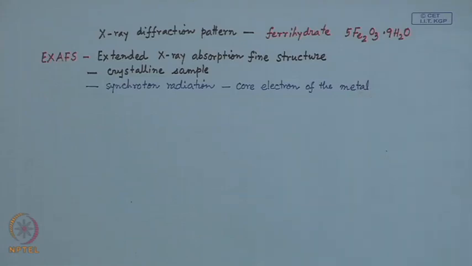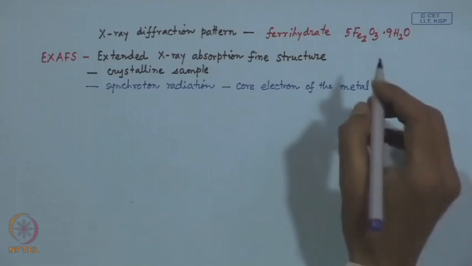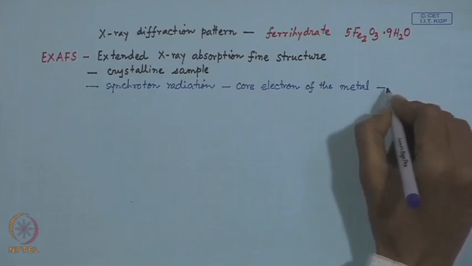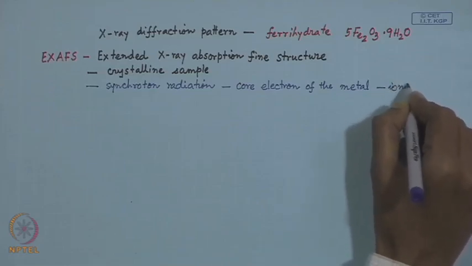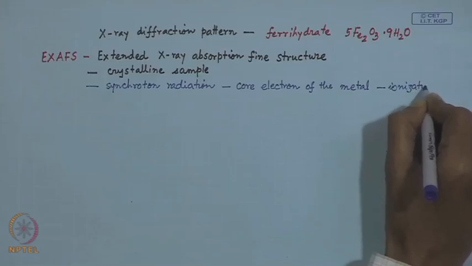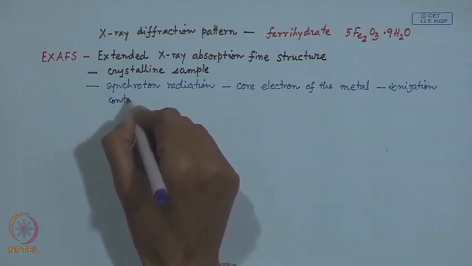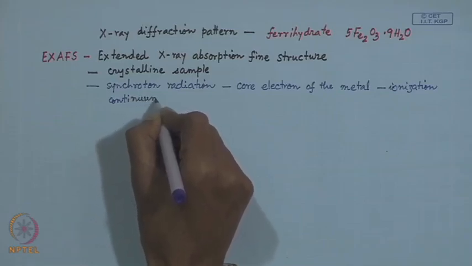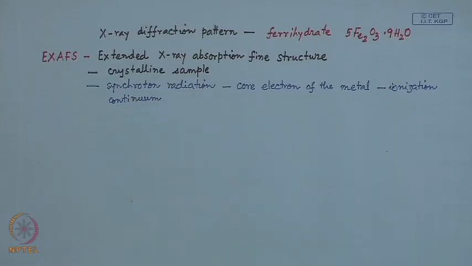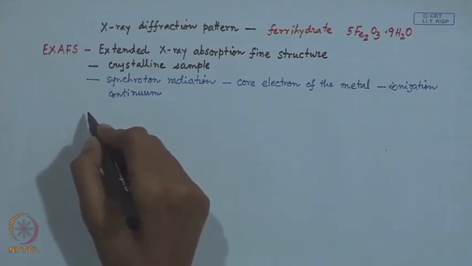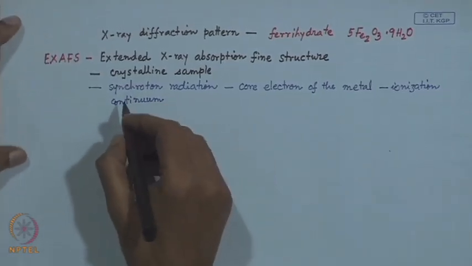So, it is a very useful technique for determining the nature of the corresponding biomolecule. Any core electron of any metal center can be excited to its ionization continuum. Then the next thing we determine is the metal K absorption